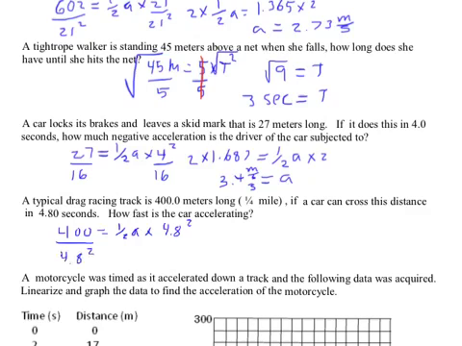4.8 squared divided by 4.8 squared. And then let's see, that means that, well, first of all, this cancels out. 400 divided by 4.8 squared is 17.36, which equals half of a. So therefore, all of a equals twice that much. I have to multiply both sides by 2, and I'll get the acceleration is